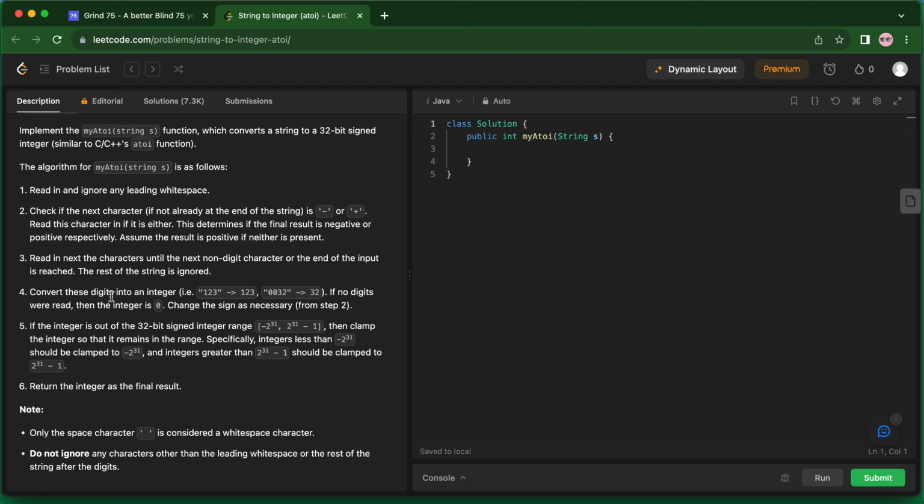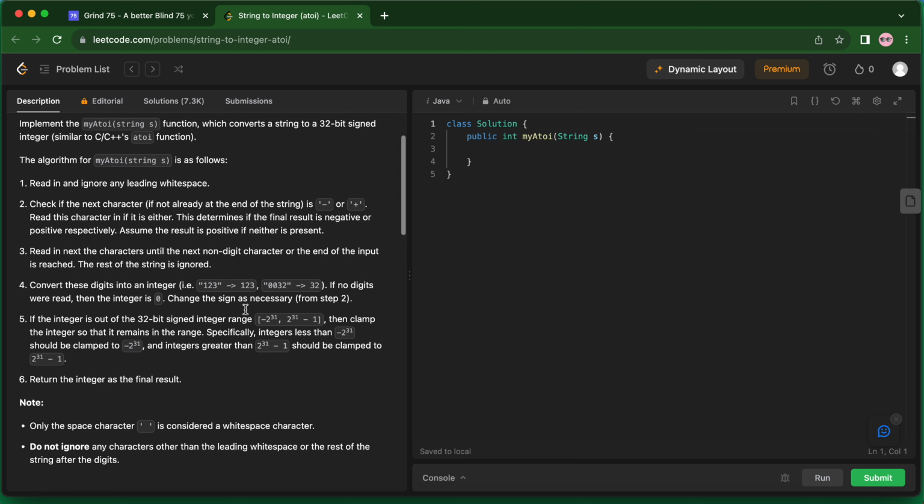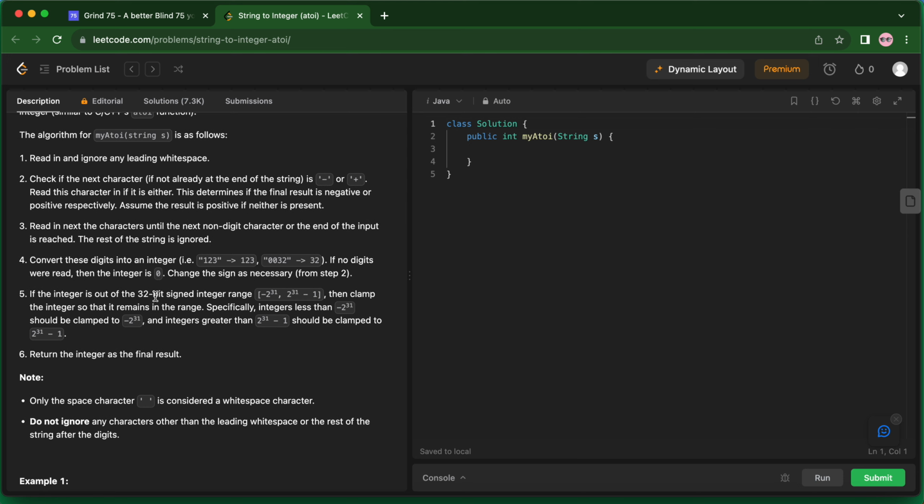Convert these digits into an integer. If no digits were read, then the integer is 0. Change the sign as necessary from step 2. If the integer is out of 32-bit signed integer range, then clamp the integer so that it remains